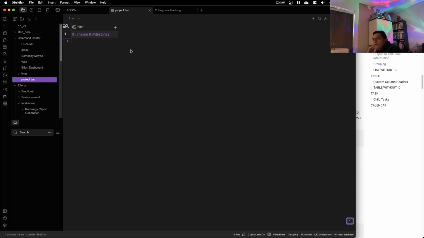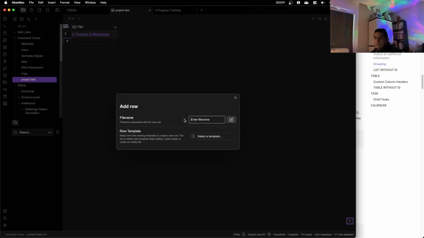So this will allow us to see the different projects, but we can't write anything to separate the different settings, the different areas of wellness.